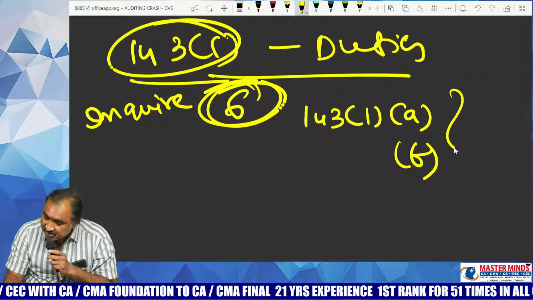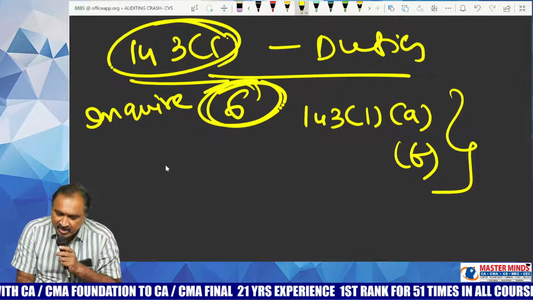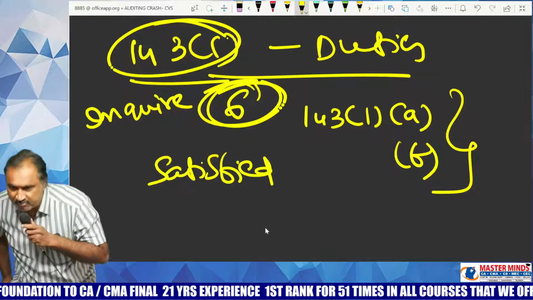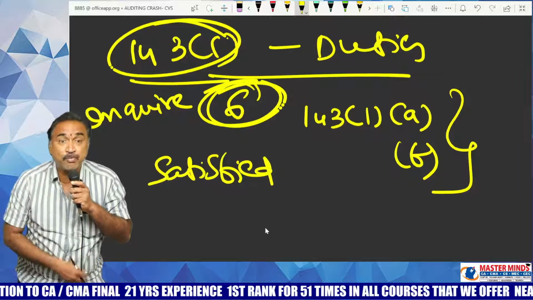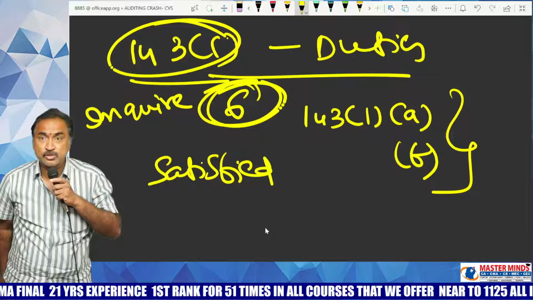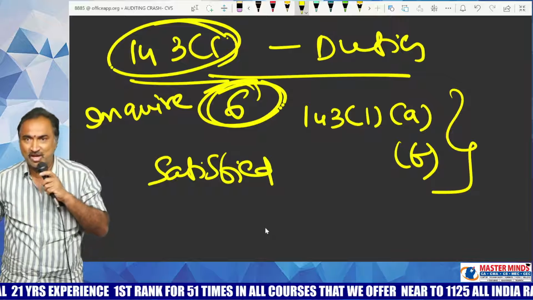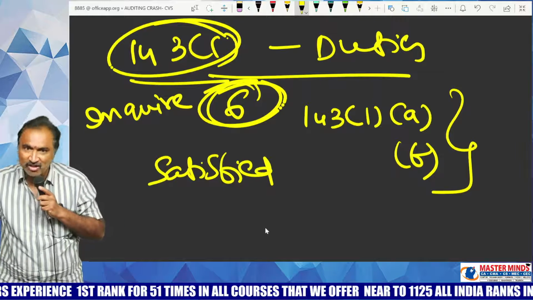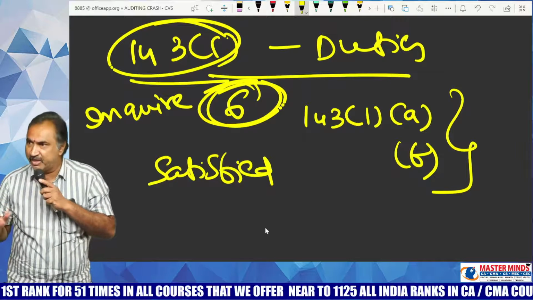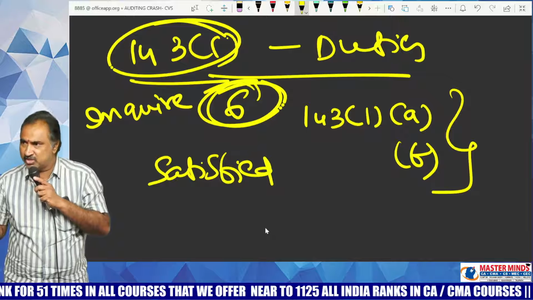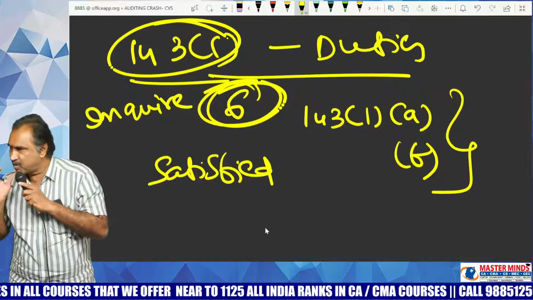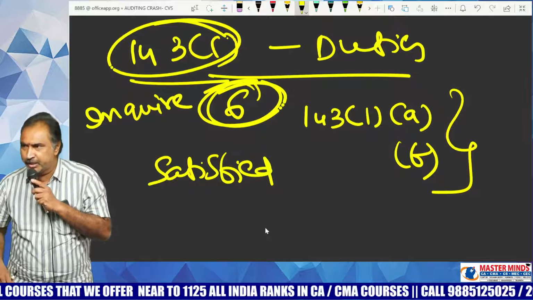After verifying these 6 aspects, if the auditor is satisfied with those matters, there is no further reporting responsibility on the part of the auditor. That means there is no need for the auditor to make a report to the shareholders that we have verified all 6 aspects and we are satisfied with the same. There is nothing like that. You just go through 6 points, just verify 6 points. If you are satisfied with all those points, keep quiet, keep calm. There is no need to make any report to the shareholders.